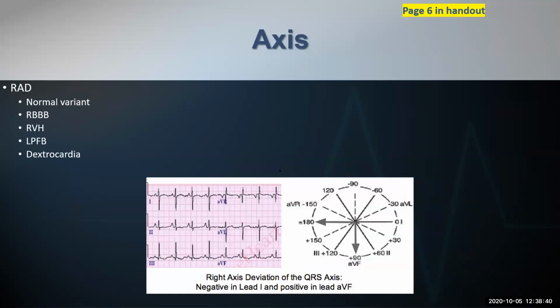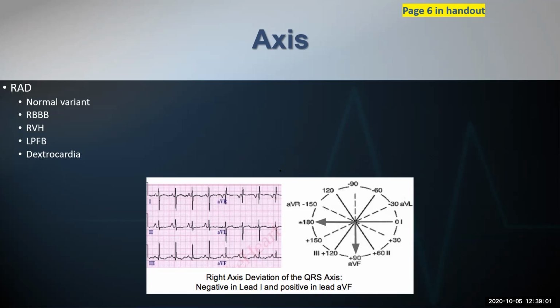All right, so we finished left axis deviation. I talked about, it's going to be the exact same for the rest of these axes, these ideas of using multiple other leads to help you. But just know that with left axis deviation in particular, you have that area that you have to be able to account for, which is that 0 to -30, that could still be considered normal axis,